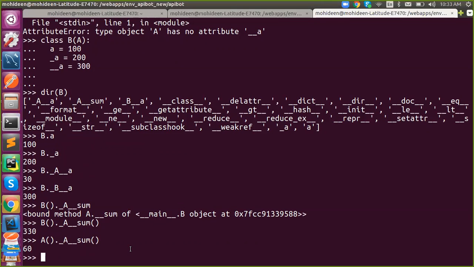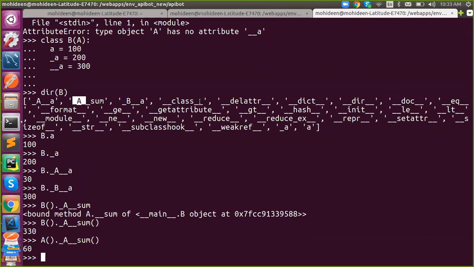One doubt: in the dir output, before class A and class B we have only one underscore. Why is it two elsewhere? Before A, a single underscore is there, but for class and the others you can see double underscore.